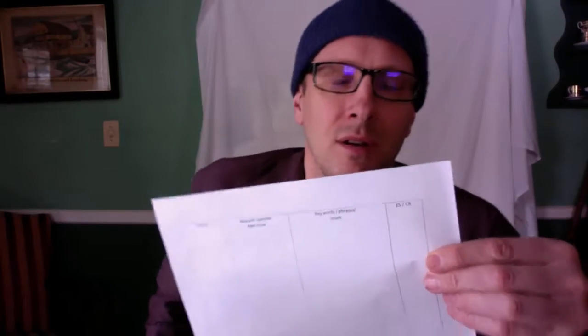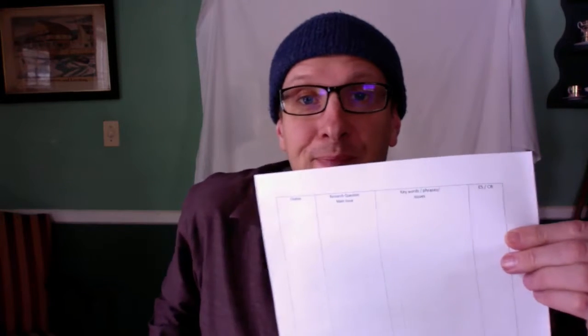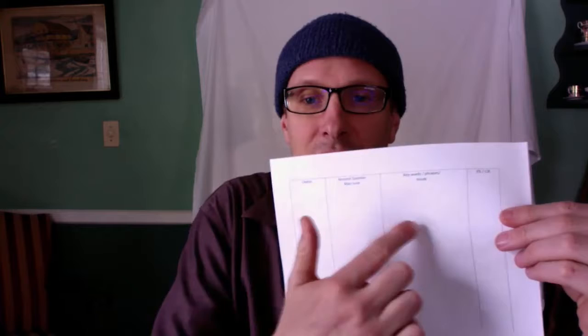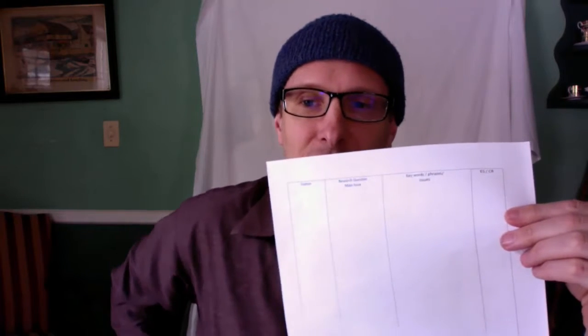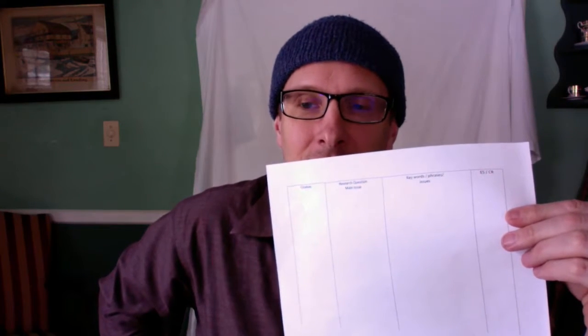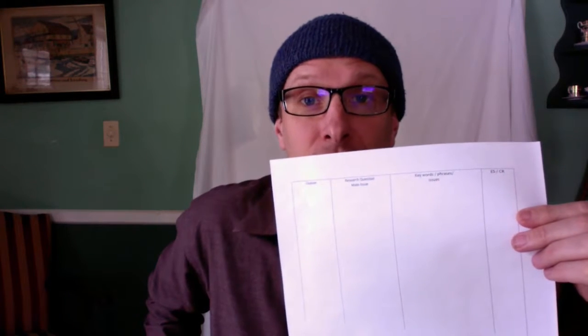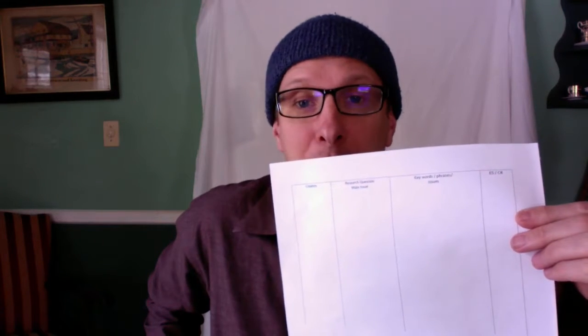So, and then the final column. Sorry, the final column is, I call it ES or CR. So the ES stands for empirical study. All right. In some way, you want to notate whether this thing that you've just read and extracted information from is primary research? Okay. Did somebody go out and measure something and come back with data?